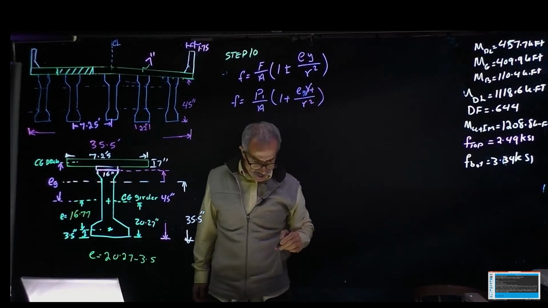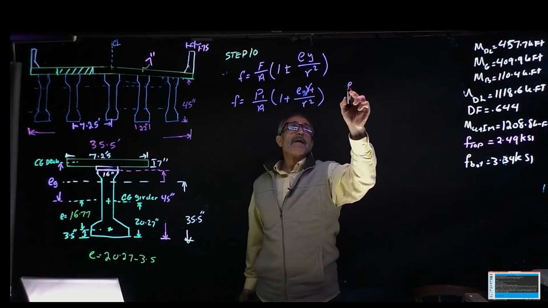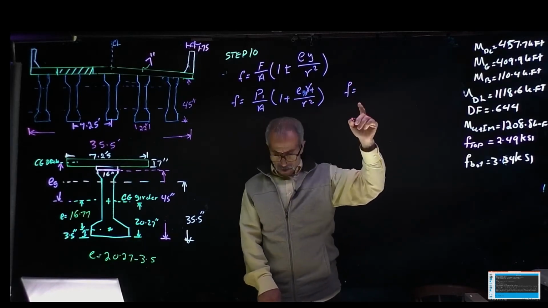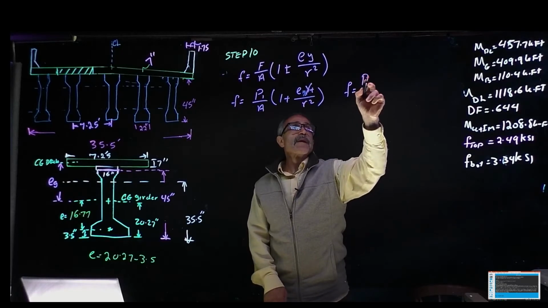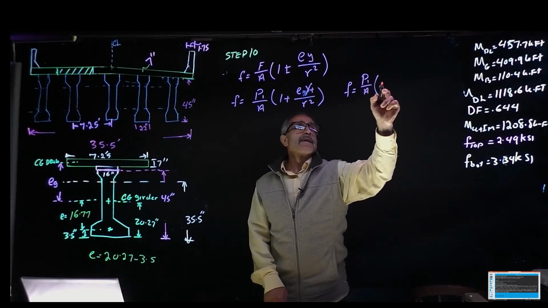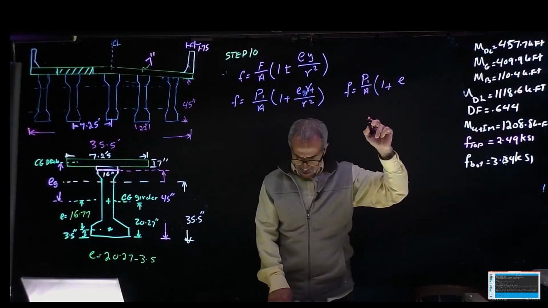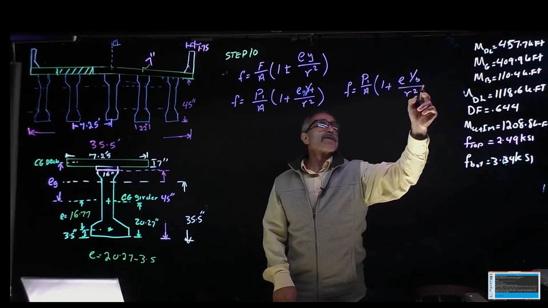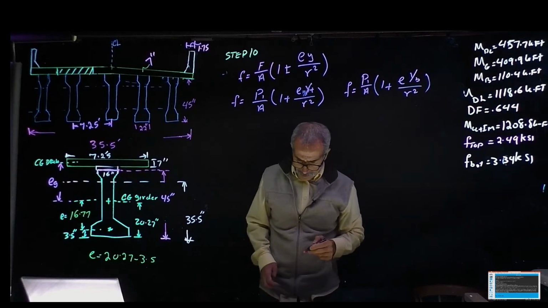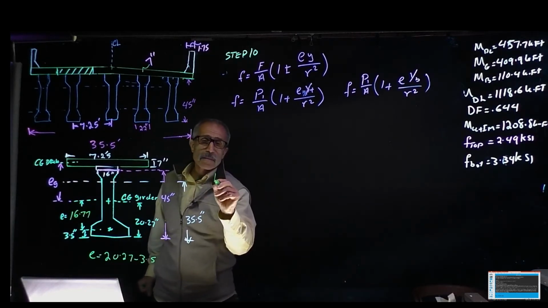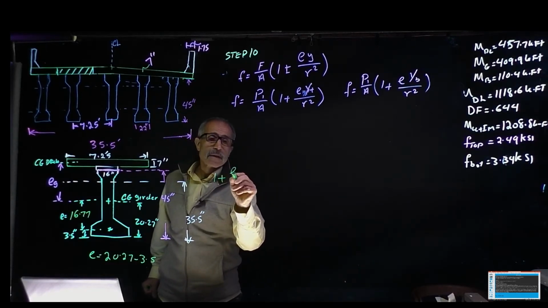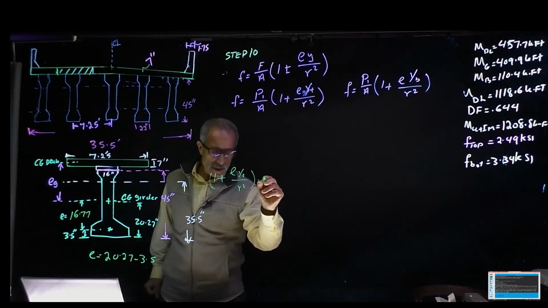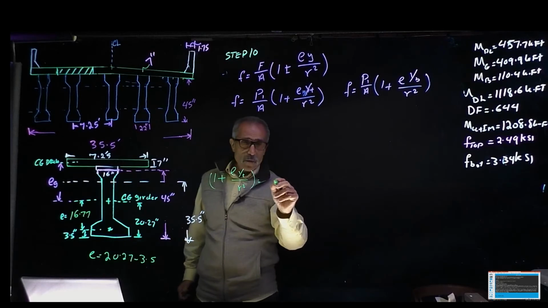And then the other one is F is equal to P1 divided by A times 1 plus E Y of bottom divided by R squared. And 1 plus EY top divided by R squared, that basically is going to become 1 plus